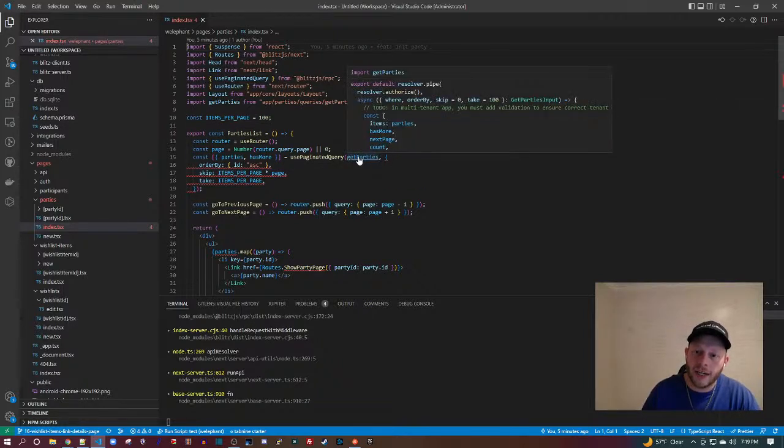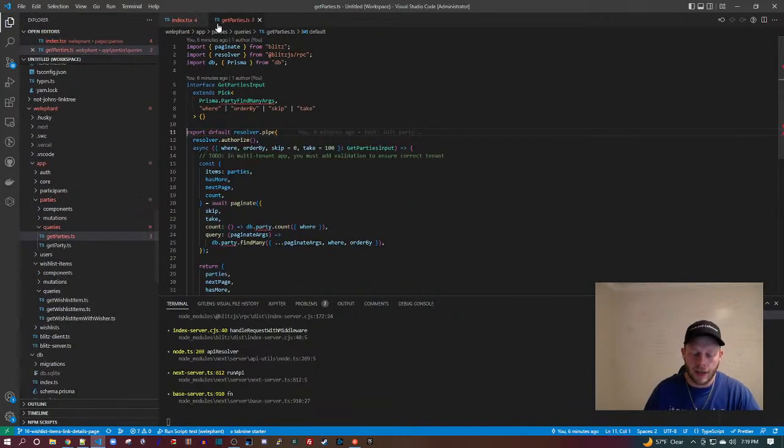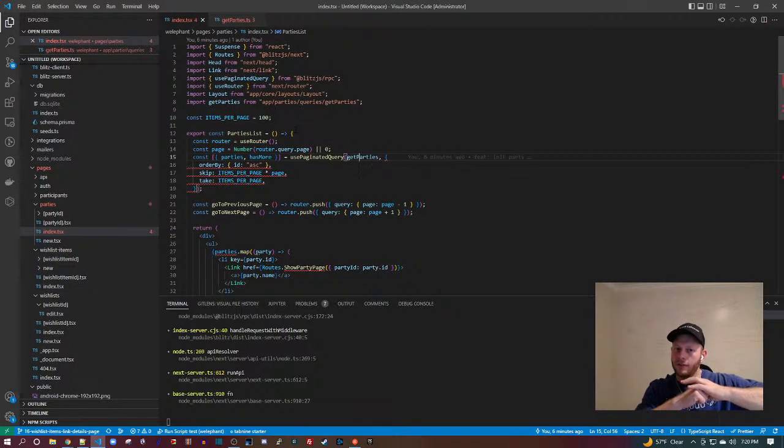Now, I also want to check out the getParties query, and I can control click. VS Code will navigate me over there. And this is that problem. This is the getParties query. So, previously, if we looked at DevTools on the inspect in Chrome, we see these two error vectors, these two places that are floating us information about the problem, right? And it might seem like they're two independent things, like maybe I'm getting two different problems at the same time. Well, what we just noticed is one is inside the other, actually.